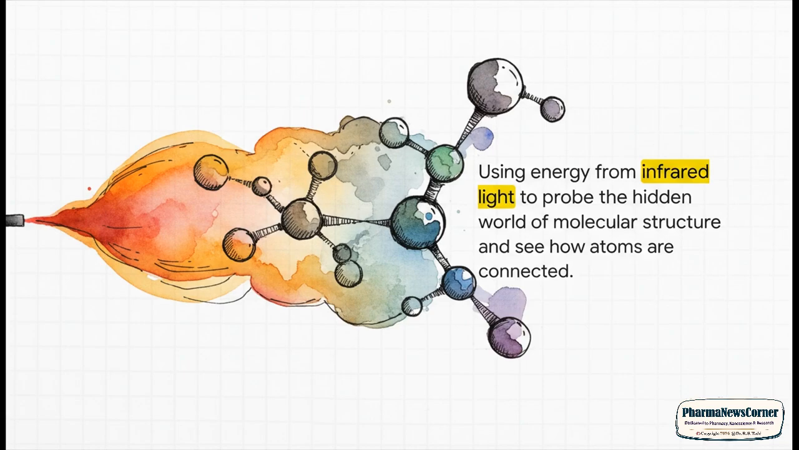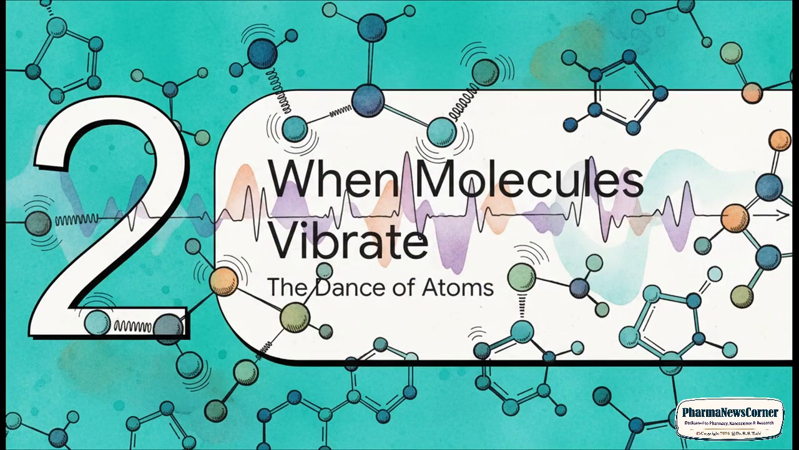It's this amazing analytical technique that uses energy from infrared light to get a look at how molecules are built. You can think of it like putting on a pair of special goggles that lets chemists see exactly what atoms are in a molecule and how they're all connected. Okay, so how does shining invisible light on a molecule actually tell us anything? Well, it all comes down to how molecules react to that energy, which brings us to our next section,